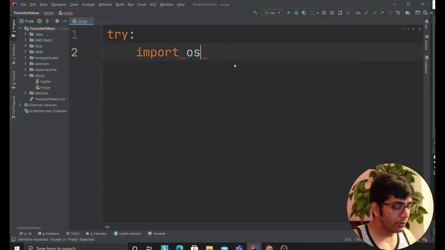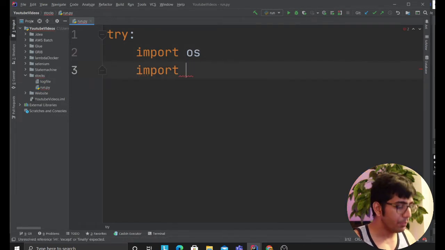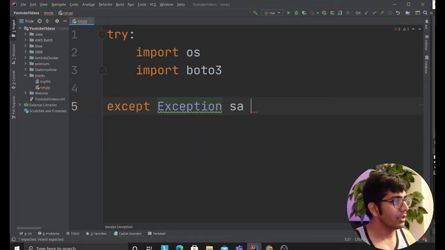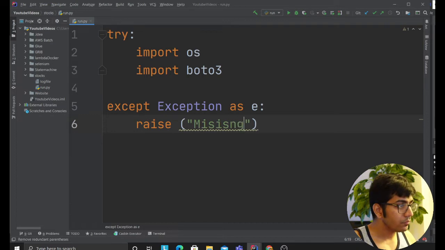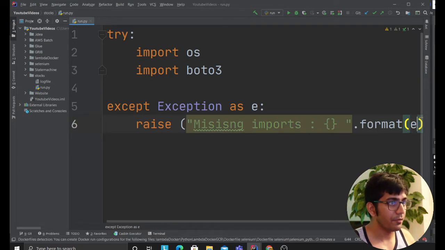So the first thing that you want to do is import os. Then of course we import the Boto3 SDK. Then we say except Exception as e, and if there are any issues in the imports, we just want to raise an exception, because I don't want the code to go further from this point.